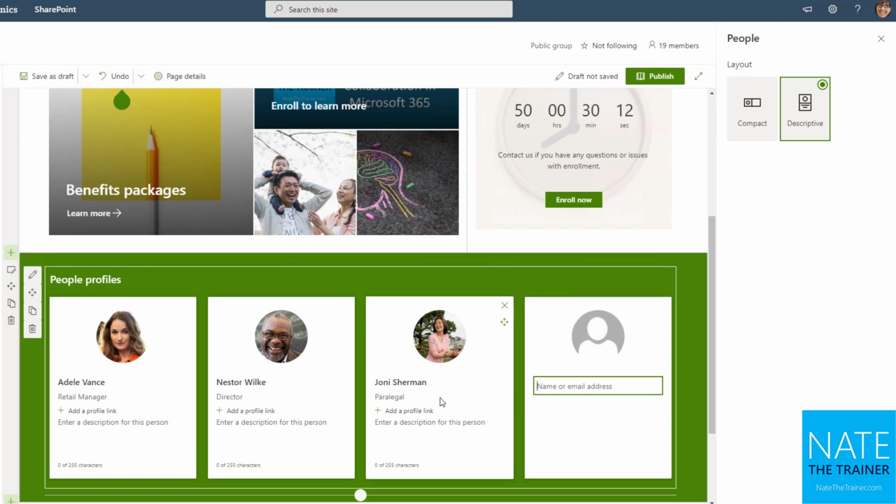All right, so we've got 3 people who can help with benefits enrollment, and we see their name, we see their title, and we can also add a link, maybe to LinkedIn or their Delve profile, or any link that would be some more information about this person, or maybe their department. And then for each person, you can also add a description up to 255 characters, and you could say something to the effect of, Adele helps with benefits enrollment